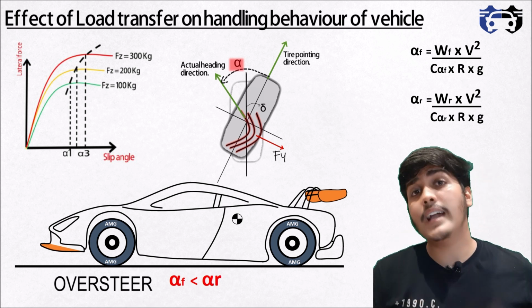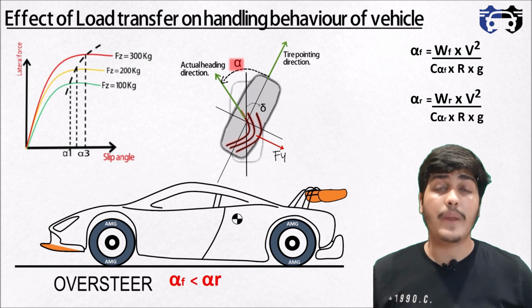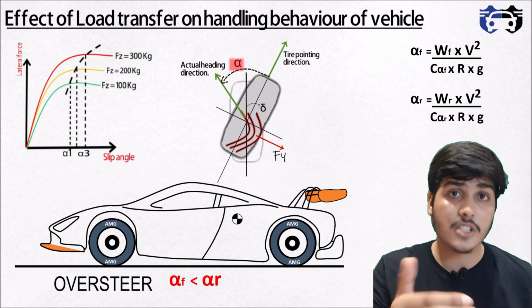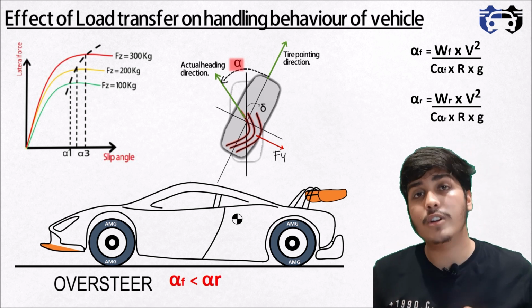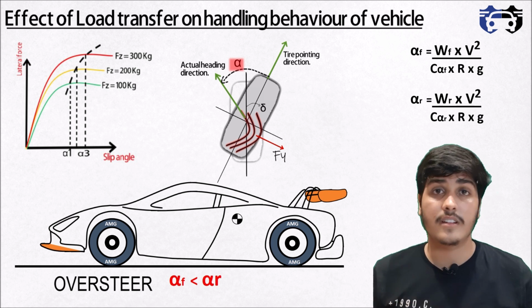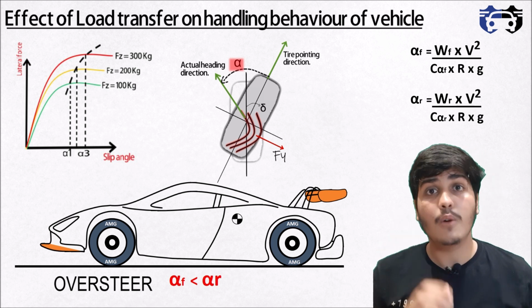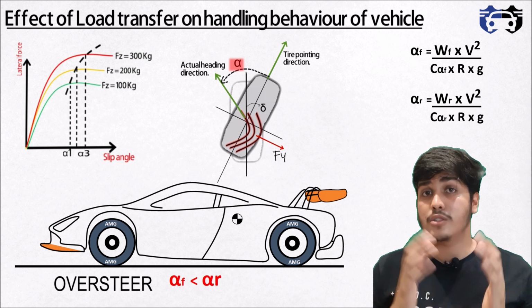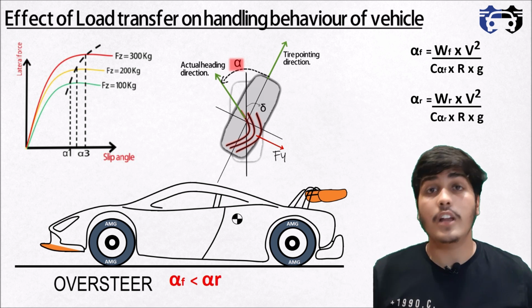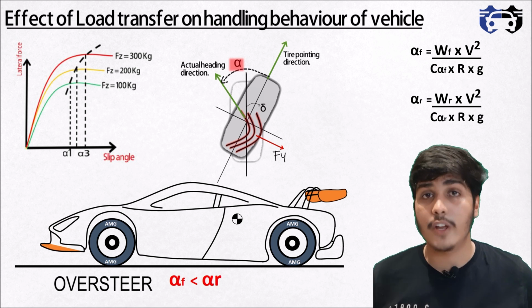This condition is a bit helpful while braking because when you brake, the load is transferred to the forward direction. That means you can get even load distribution between front and rear. Also, for a rear wheel drive vehicle, you can accelerate more with better traction. So center of gravity plays an important role in load transfer and handling behavior of the vehicle.